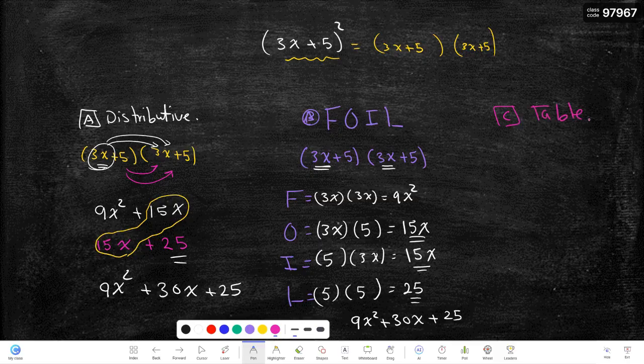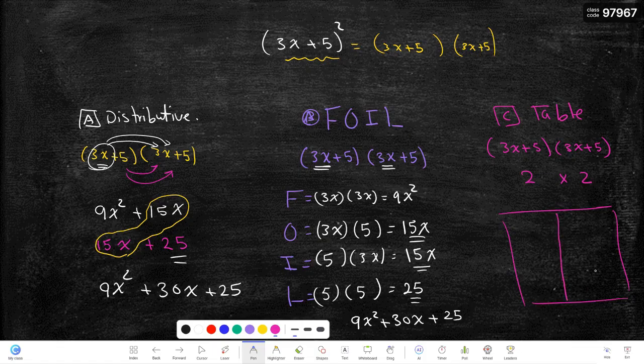Okay, the table method. Since we have two binomials, I have 3x plus 5 times 3x plus 5. Every single one has two terms, so I need 2 times 2. I have two terms here times two terms here. So I need a table of two columns and two rows. Here I'm going to write 3x and then plus 5, and on the other hand I'm going to write 3x and then plus 5 like this. Then look up and to the left: it's 3x and 3x multiplied together, this would be 9x squared here,